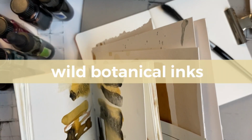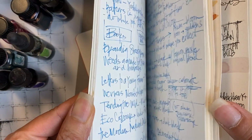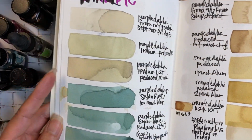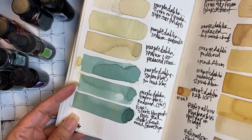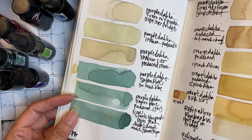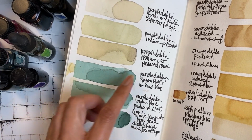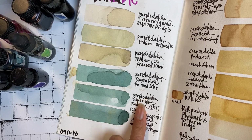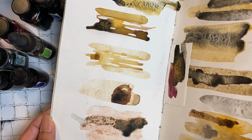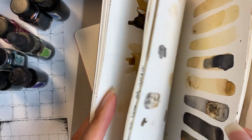And then I've also done a series of natural dye inks. This is some of them. I thought I would just open this up so you can see. But playing with some of the flowers and foliage in my backyard, in my garden. These were done in 2017, and I talk a little bit about the process of these. So I grabbed this journal just to go back and see some of the inks that I have made with natural